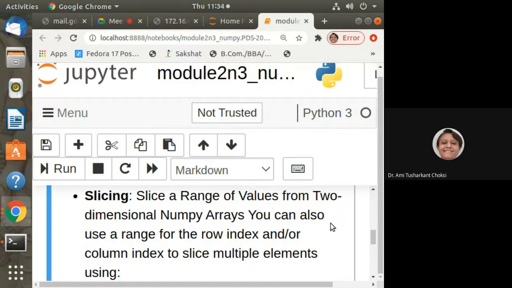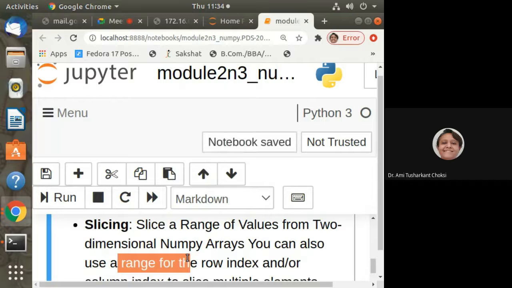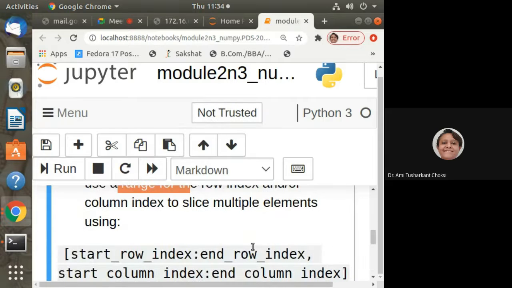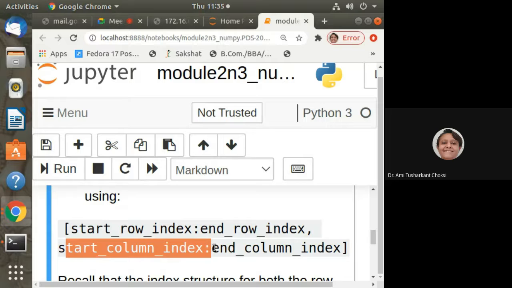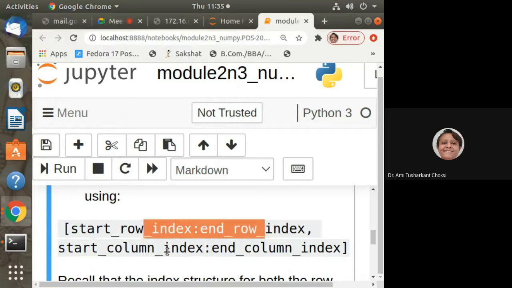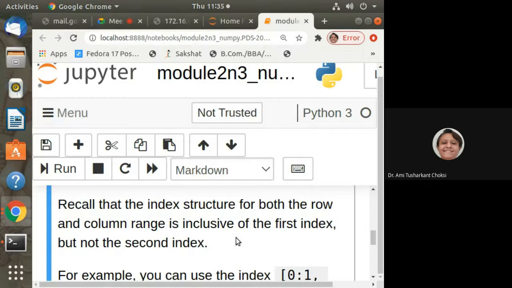You can also use a range for the row index and or column index to slice multiple elements. How? Using start row index, colon, end row index, then comma, start column index, colon, end column index. This is for row index, this is for column index, so that we can use.